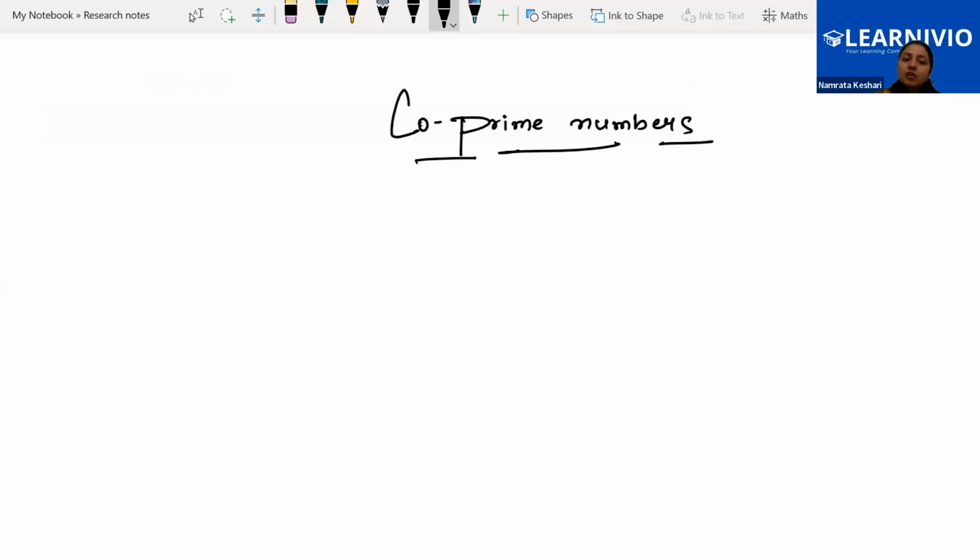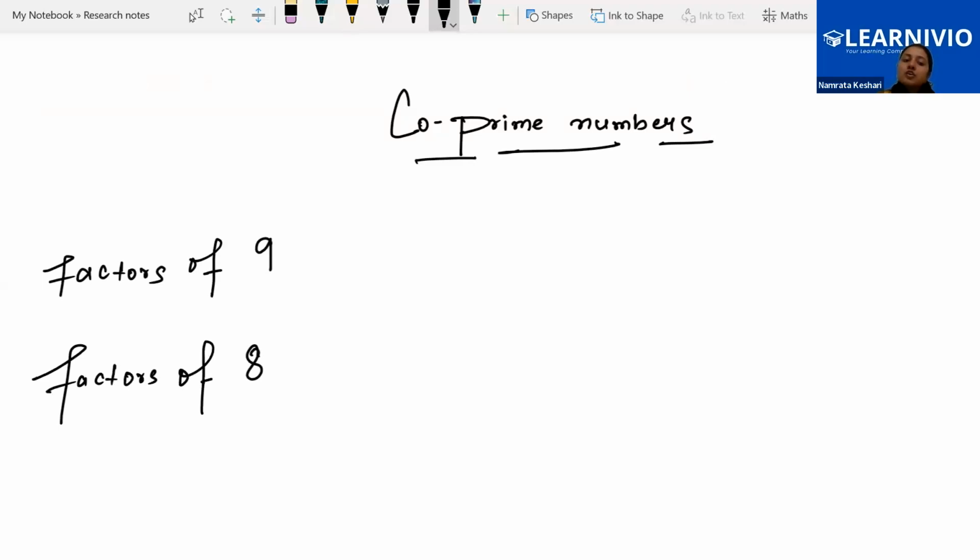Suppose I am taking one of the numbers as 9 and another number as 8. Can you tell me what are the factors of 9 and what are the factors of 8? Let's make the list of factors of 9 and the list of factors of 8. Please let me know. 1, perfect, 3,